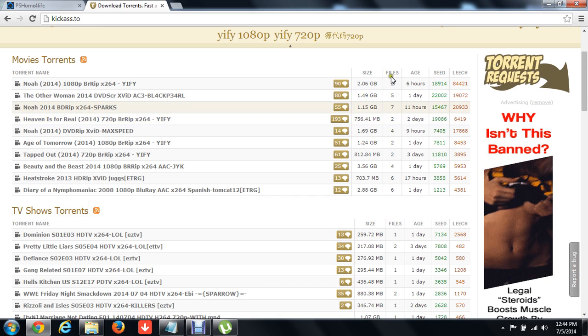Over here, it'll tell you how many files are in these downloads. Over here, it tells you how long ago it was uploaded. A seeder is how many people actually have it on their computer and are letting it run, like in uTorrent. After it downloads, it'll stop downloading once it's finished, and it'll say seeding, and that lets other people get some of that movie from you, because in turn